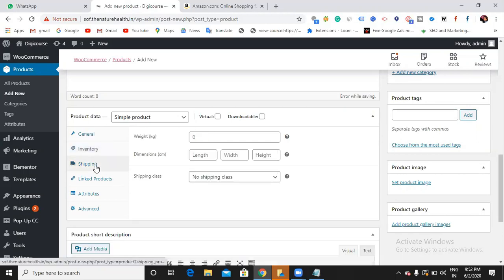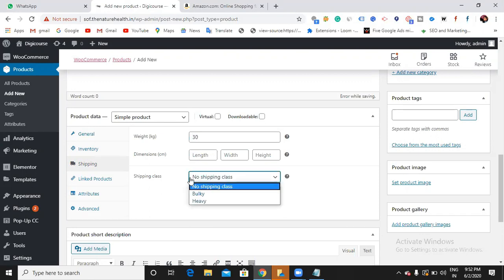Okay, fine. Then shipping, where you can choose some weight and so on. What is the weight of this product? 30 kgs, and dimensions if you want. You can also choose the shipping class. What is the shipping class? Bulky and heavy. I just created two shipping classes.